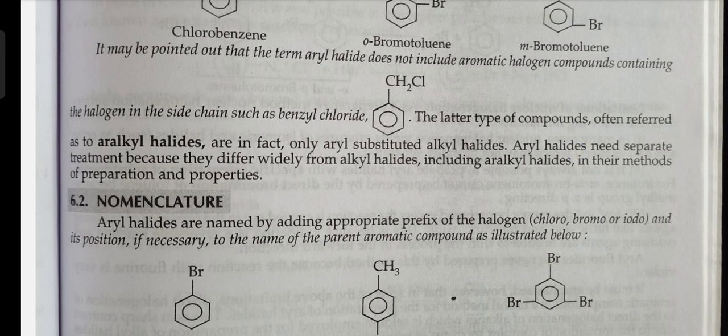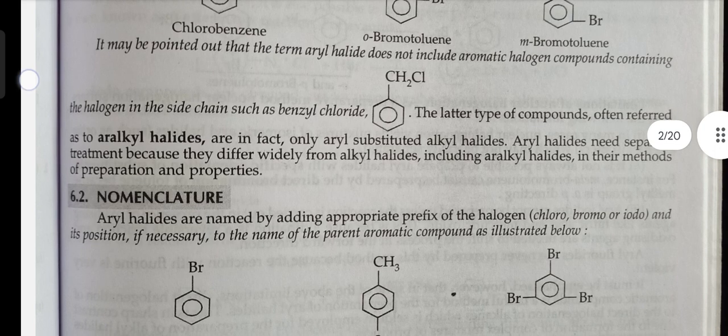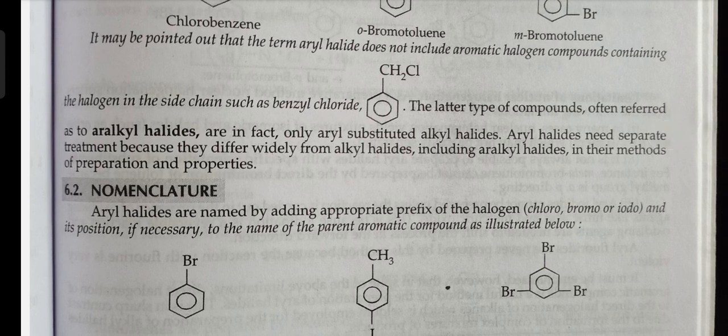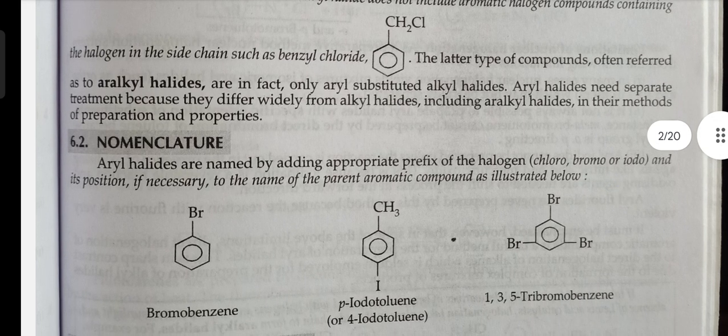It may be pointed out that the term aryl halide does not include aromatic halogen compounds containing the halogen in the side chain, such as benzyl chloride. The latter type of compounds, often referred to as aralkyl halides, are in fact only aryl substituted alkyl halides. Aryl halides need separate treatment because they differ widely from alkyl halides, including aralkyl halides, in their methods of preparation